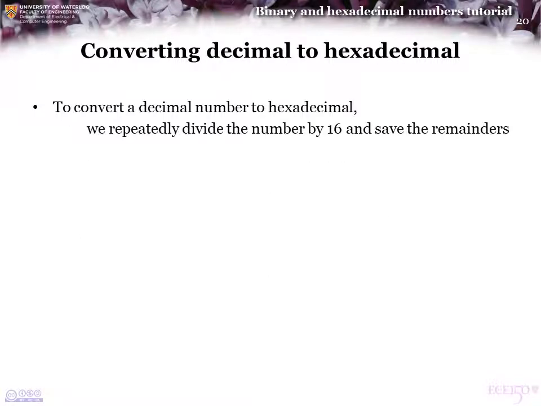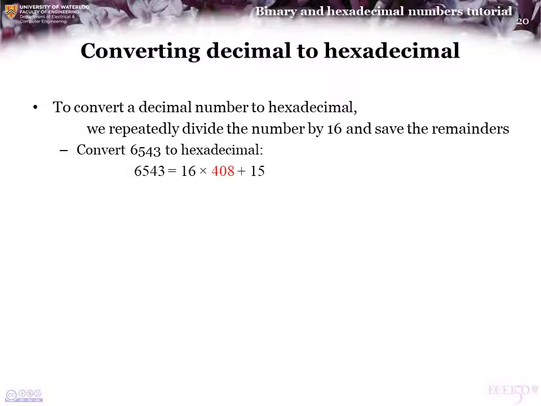Now, you can skip this slide if you want. However, here we are going to convert a decimal number into a hexadecimal number. And to do so, we simply divide the number repeatedly by 16 and save the remainders. So, to convert 6,543 into hexadecimal, we note that